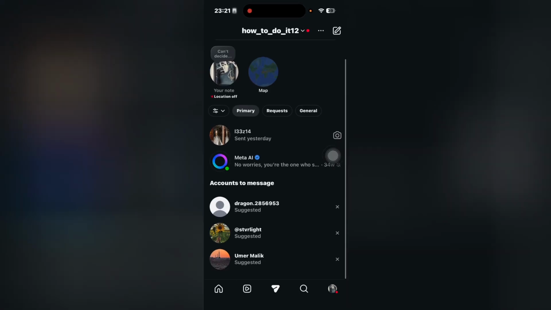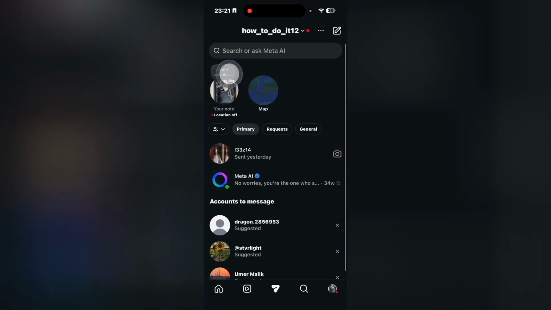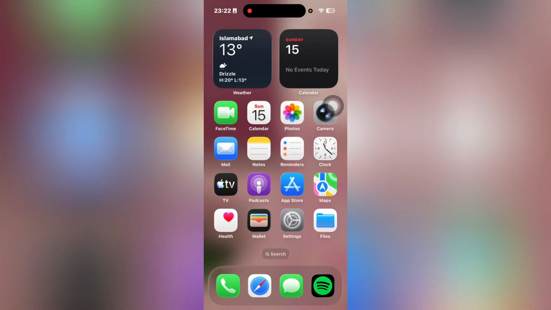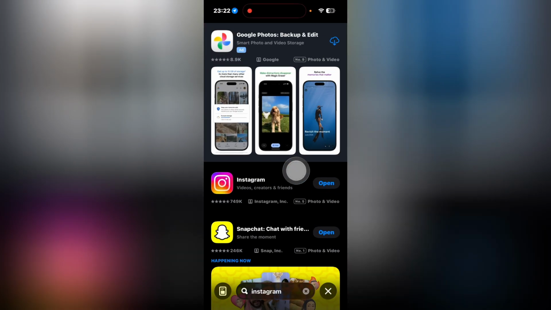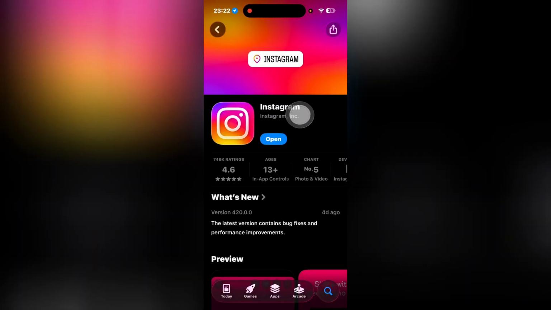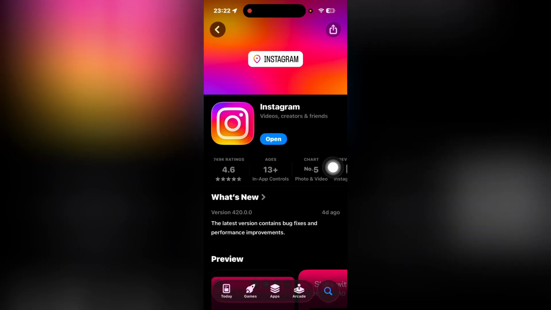In this video, I'm going to show you how you can change notes colors on Instagram. So let's get started. But before we begin, you gotta make sure that your Instagram is updated. So you gotta head over to App Store or Google Play Store, search for Instagram and make sure that it's not written update over here. If it is written update, simply click on that so that your Instagram is updated because this is a new